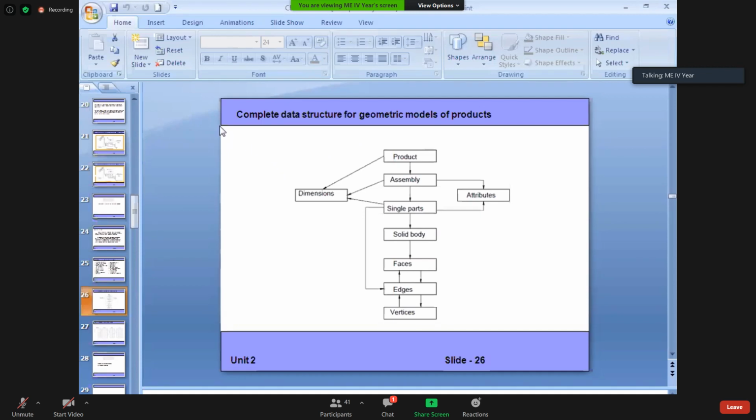Suppose you take AutoCAD software: on the top main menu bar there are six views, front view, top view. If you move the cursor onto any icon on your AutoCAD screen, then automatically it tells you what that command is. Is it not? So how is it done? It is done by storing the proper data in the right place.